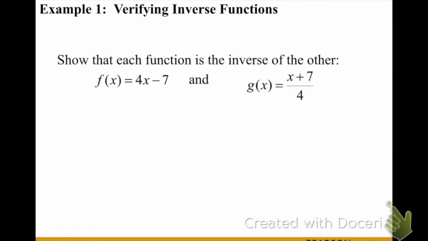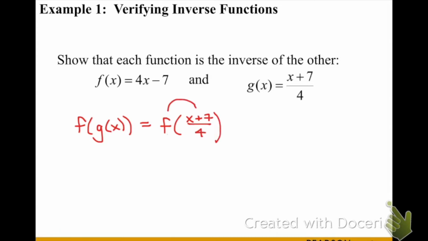So to verify that two functions are inverses, what we want to do is do the composition of both functions and make sure we get out just x. For example, if we were to take f of g of x, this would mean that we substitute in the entire expression of g of x, which in this case is x plus 7 divided by 4. Notice in this function we have the operations of addition and division. To evaluate this, we take the entire expression of x plus 7 over 4 and put it in for the x value in f, meaning we're going to take 4 times x plus 7 all divided by 4